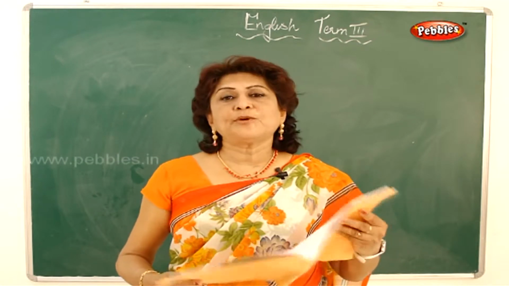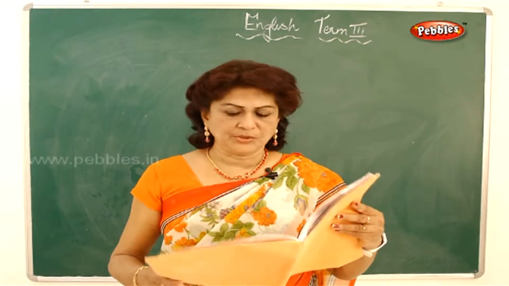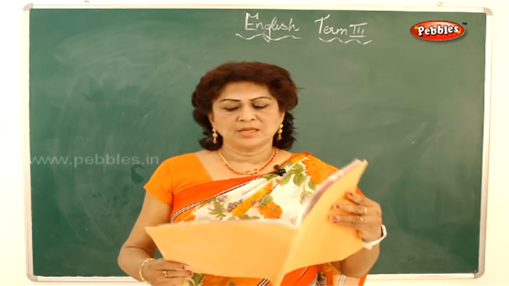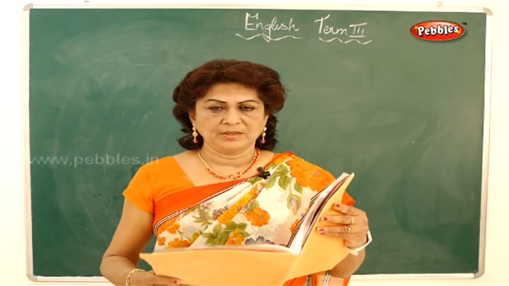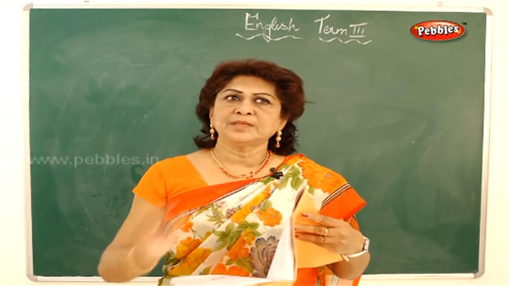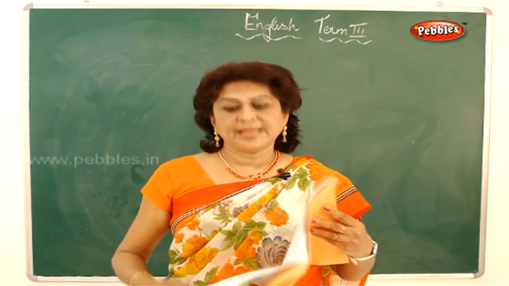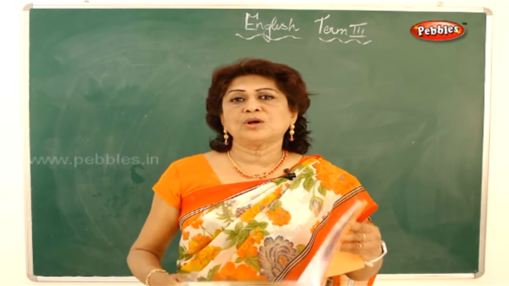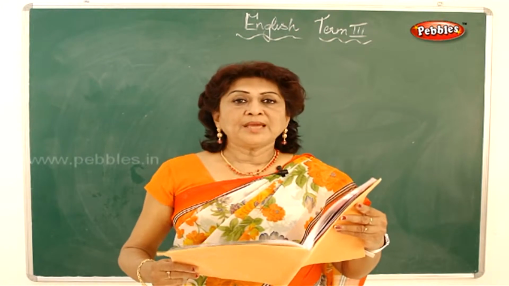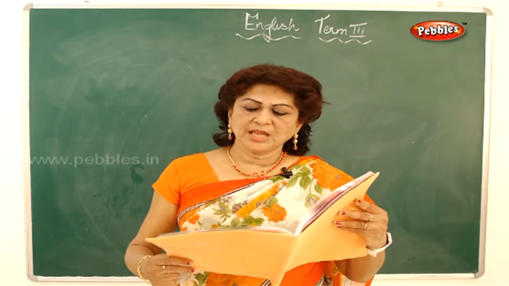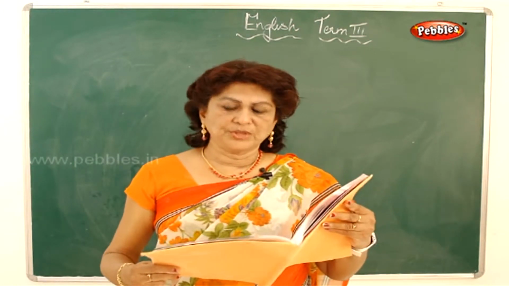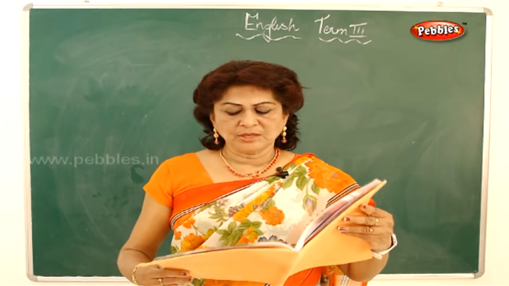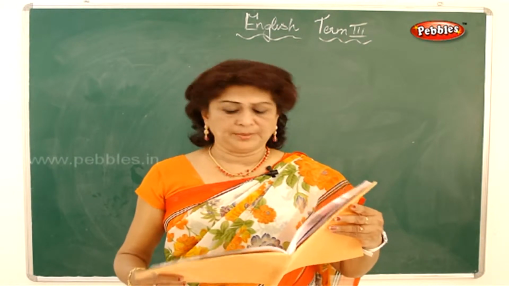Now we have 7 points here. Please listen to it carefully. Decide on the product. Choose the appropriate logo. You have to give some line which is very catchy. Make use of bright and attractive logos or slogans. Make a good picture. Take a clear photograph of what you want to sell. Whatever you put into your brochure must be clear and simple.